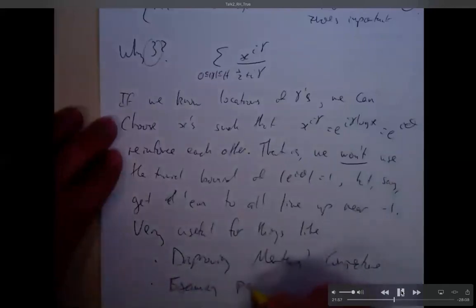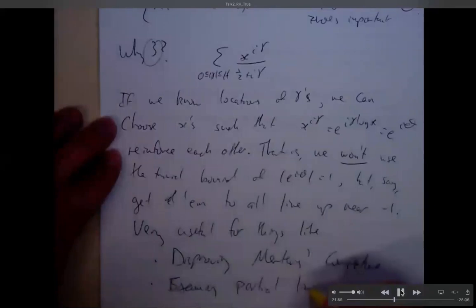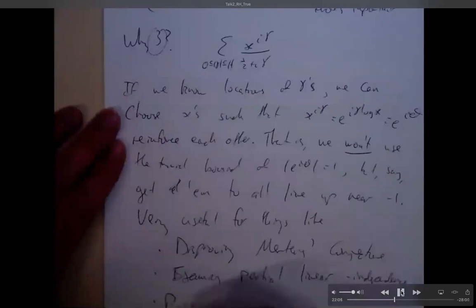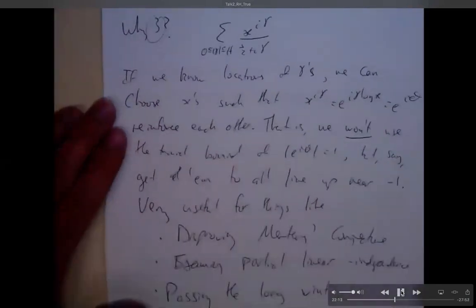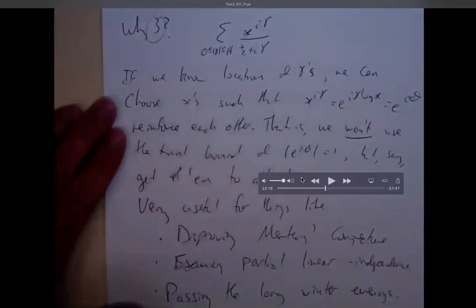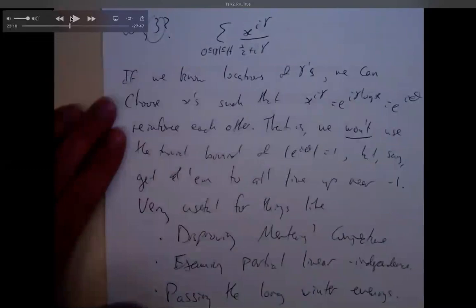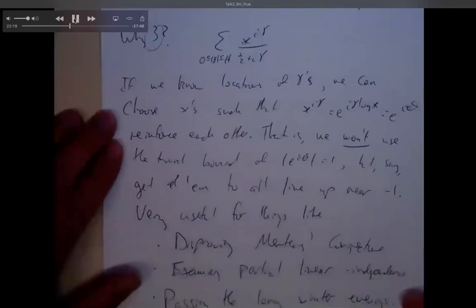So this point 3 is interesting, and I talked about this in some other talks. It's not really the thrust of this talk, but this idea of not just knowing that the zeros lie on the sigma equals half line, but also knowing where they lie can be very useful. Now, what have I written here? It's also useful for passing the long winter evenings. Well, there you go. It's very cold in Canberra, it can get a bit dull. So if you know about this stuff, it's kind of interesting, I suppose.